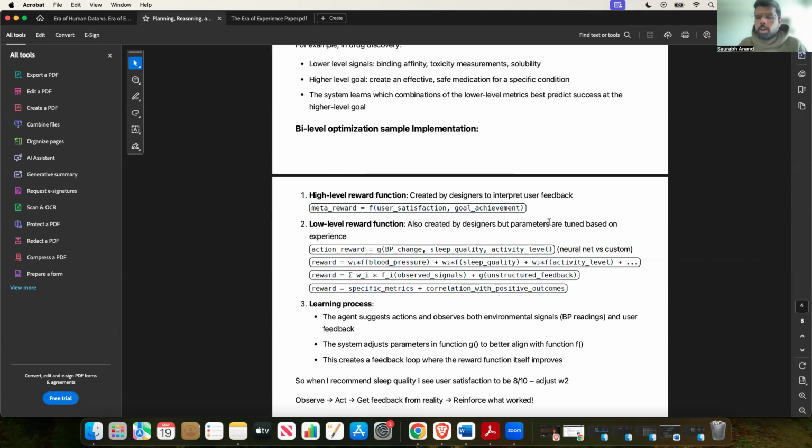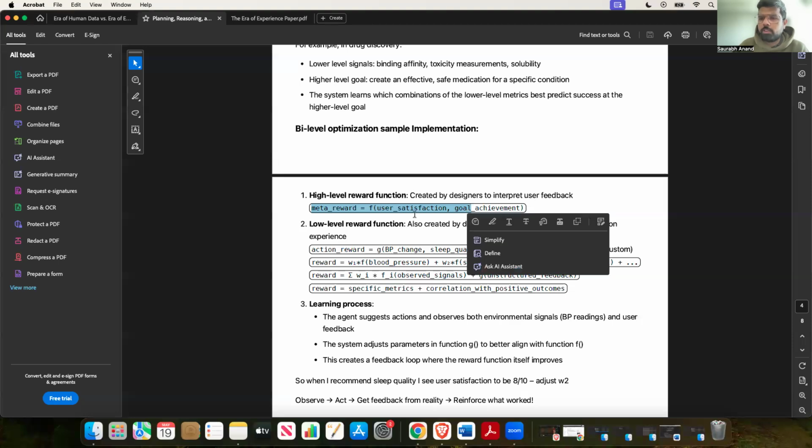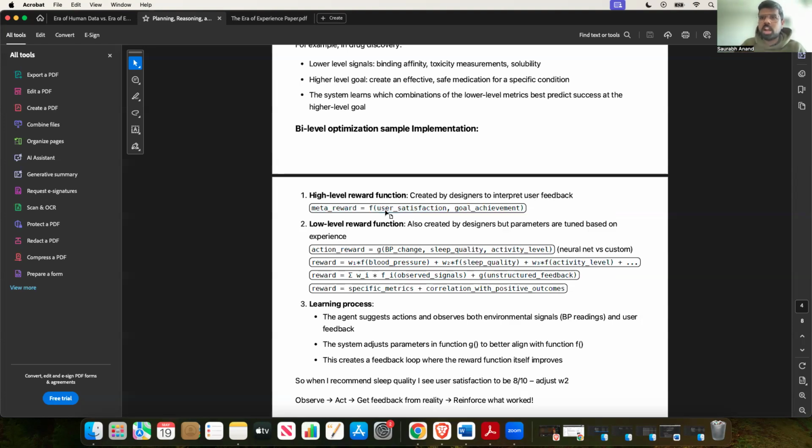I saw Whoop and Fitbit, mostly they'll use a custom designed, human designed reward function, which mostly won't use a neural network. It can just get the feedback from the environment that if the health improved, the reward could be 0.5. It has those rules established, but some of them use a neural network, which makes the recommendation more personalized because it allows a better semantic understanding of the human feedback.